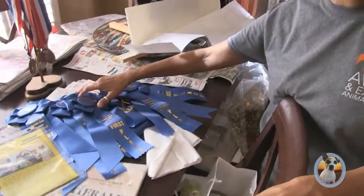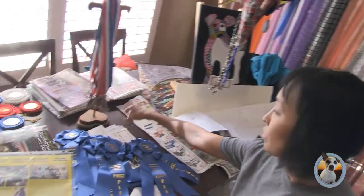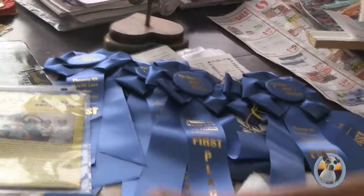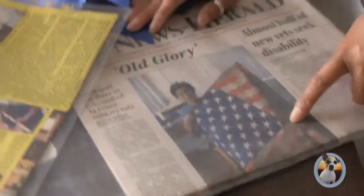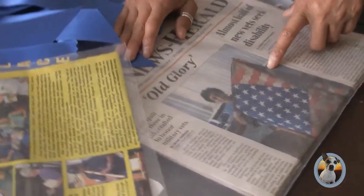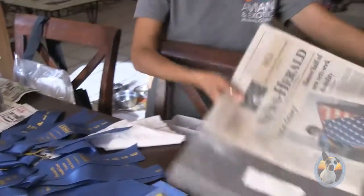These are all the ribbons I won from my artwork and also writing right here. Here's when my Old Glory was in the newspaper. I got second place in the VA Veterans Creative Art Festival on the national level. And here's a picture of my old...